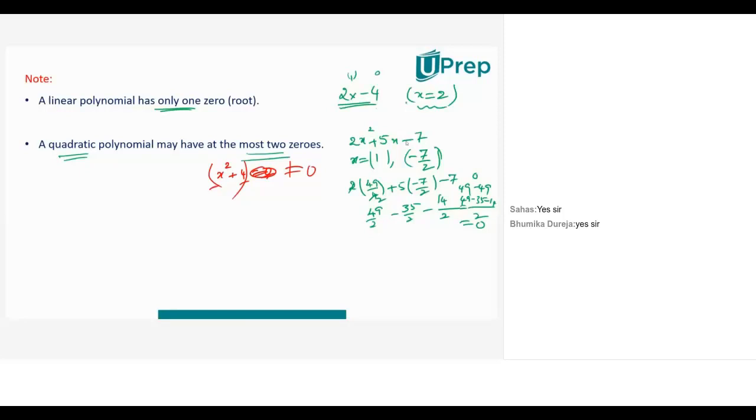That means such quadratic polynomials exist which will not give us 0 for any value of x. So zeros may exist, zeros may not exist. That's why we used the words at most 2 zeros. Is that clear? That's what I was telling you from the beginning: every word in the statement should be given importance while learning. A linear equation will definitely have a zero, but for a quadratic, that is more than first degree, the equation may have a 0, or the equation may not have a 0.